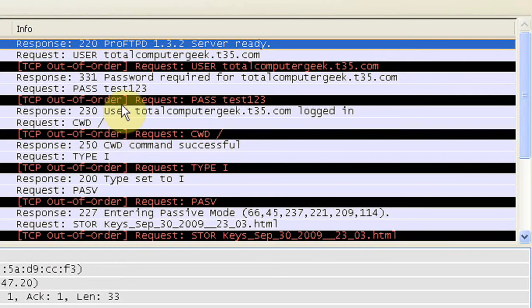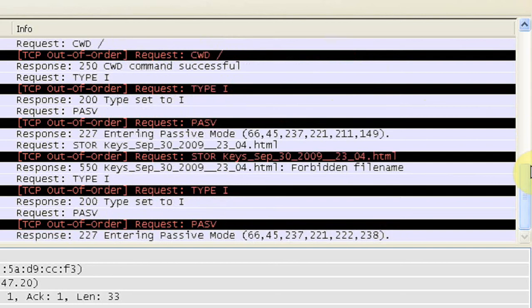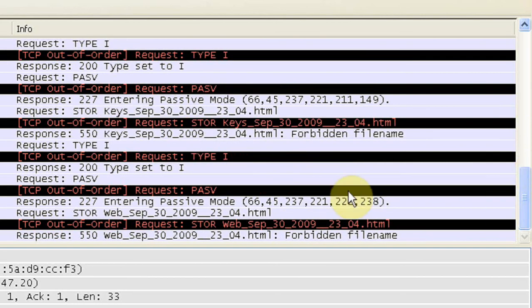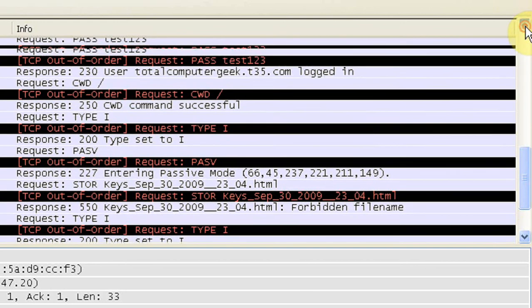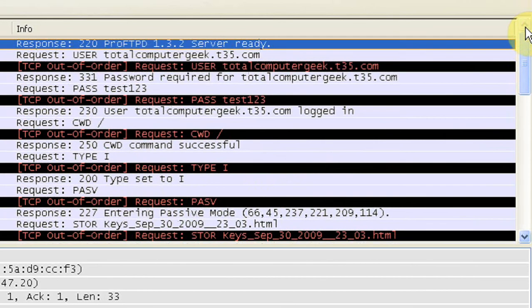Alright, so as you see there is a lot of FTP information that we can see, and if we start from the top, the very first thing, alright, it means it's still working. You see it's going on right now. That means it is sending the information from my computer to the attacker's computer right now. So alright, if we start from the top to see what's going on,